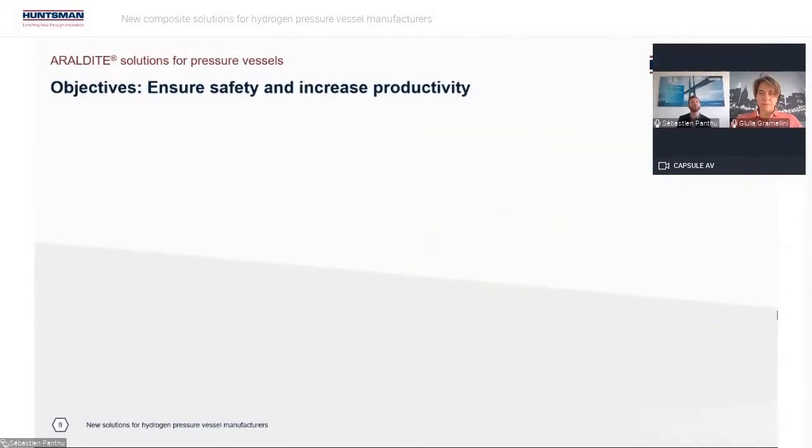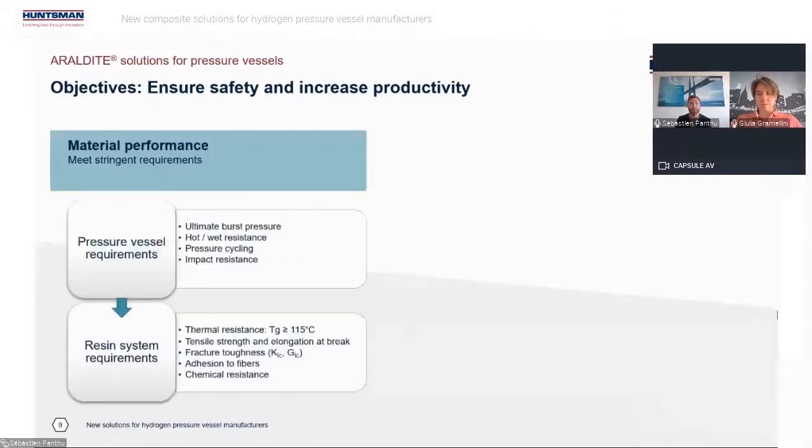We have two main objectives: first, ensure safety, and second, increase productivity, to follow the increasing demand. When we talk about safety, we more or less refer to the material performance, meeting stringent requirements and safety margins. So we are having a look at some of the requirements listed here for pressure vessels. The ultimate burst pressure,